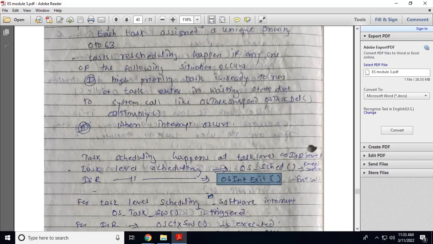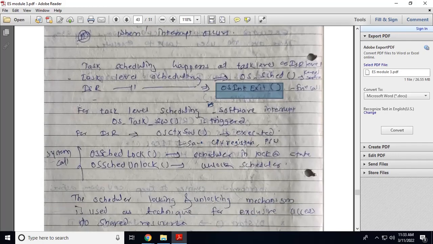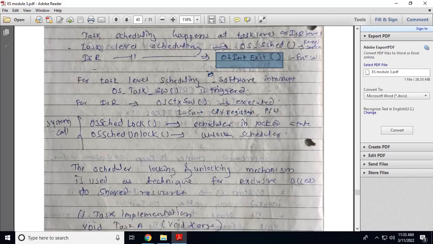For task level scheduling, you can call the kernel service OS schedule, and for ISR level scheduling you can call the function OS interrupt exit. For task scheduling you can use a software interrupt, that is OS task switch, and for ISR you can use OS CTX switch, that is executed.